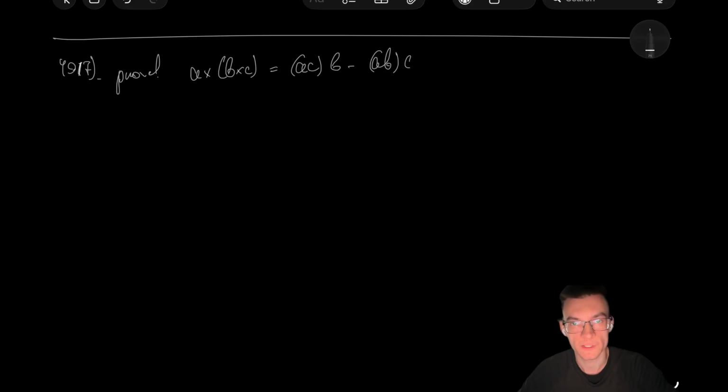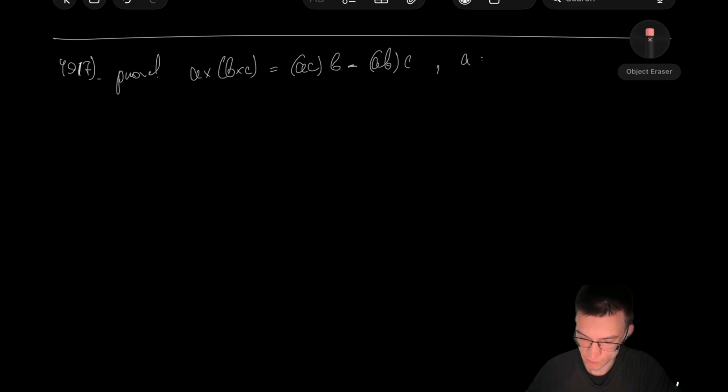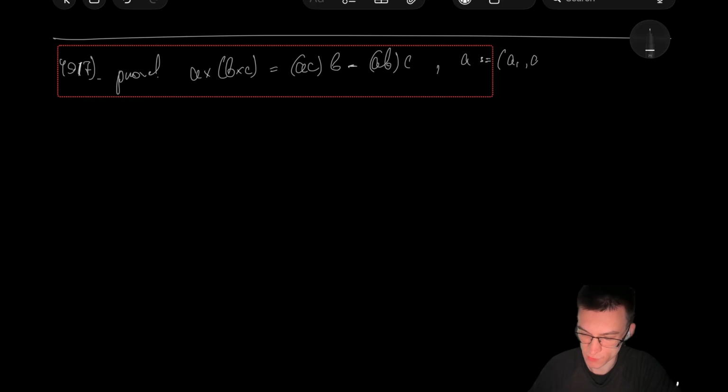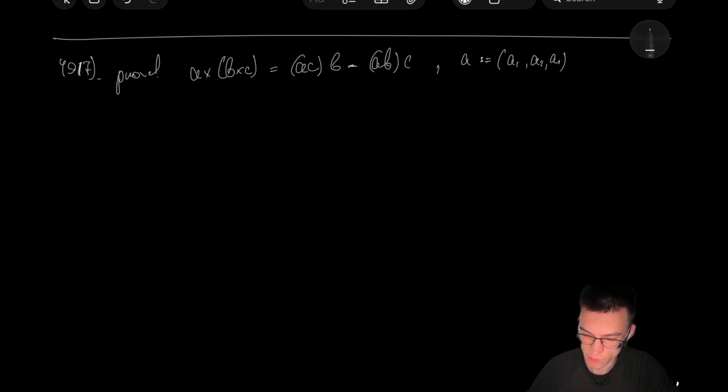Problem number 4917. In this problem, we have to prove that our triple vector product is equal to the following expression: essentially (A·C)B, this is a triple scalar product, minus (A·B)C. So this is essentially the difference between these triple scalar products. Before getting started, I would like to remind you that A is the vector A1, A2, A3, given its